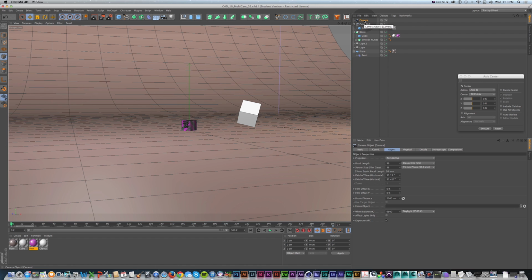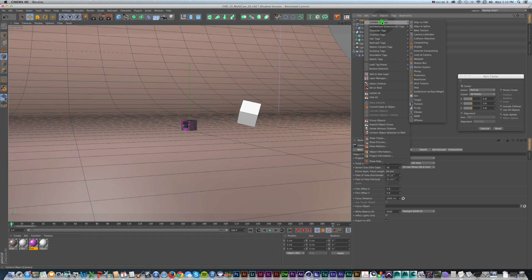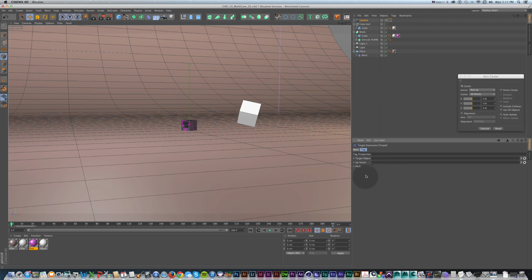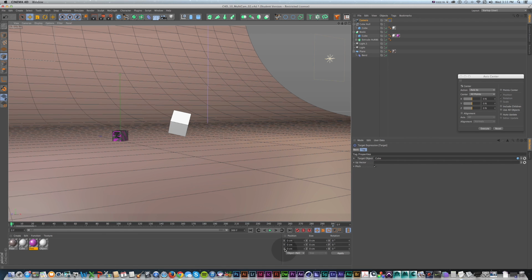And then to make it a little more useful, when we talked about some of these tags on this camera, I'm going to add a target tag. So right click, Cinema 4D tags, target, and this would be why it would be useful to watch all of these sequentially, so you can pick up on some of these tags and animation tricks and then use them all for this. So I'll just drop target, and my target object, I'm going to make this cube, which is inside a null. So I'll just drag that cube,